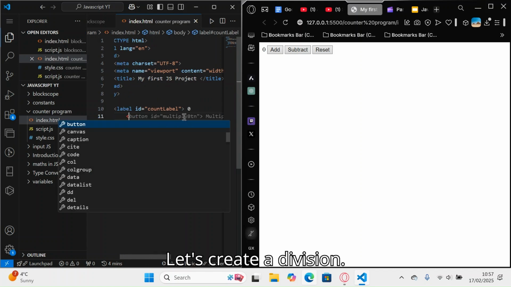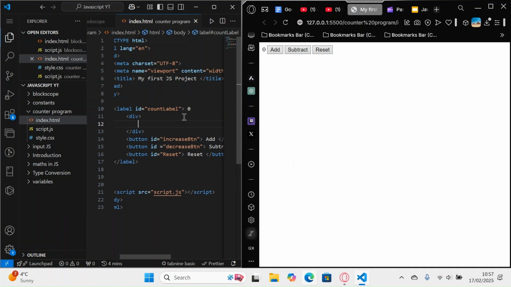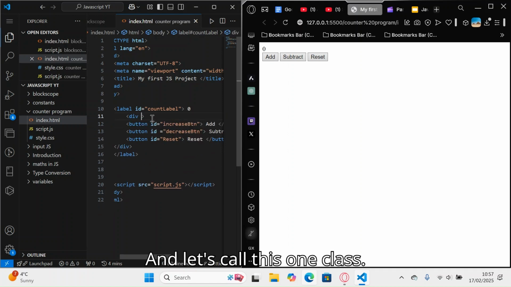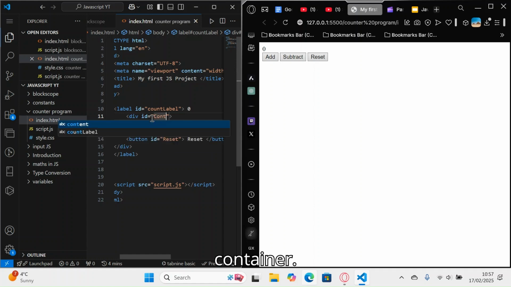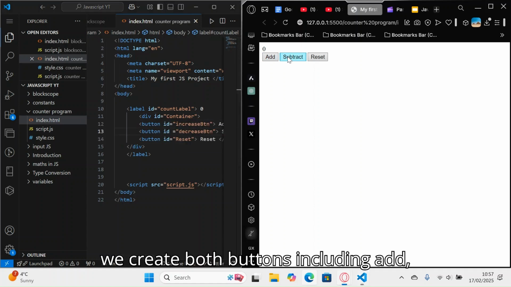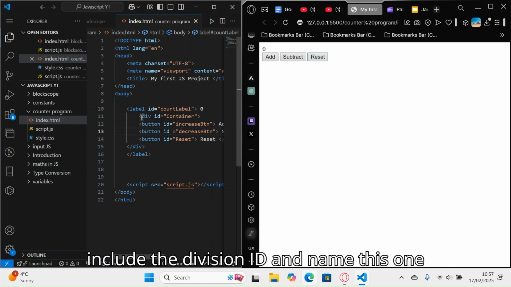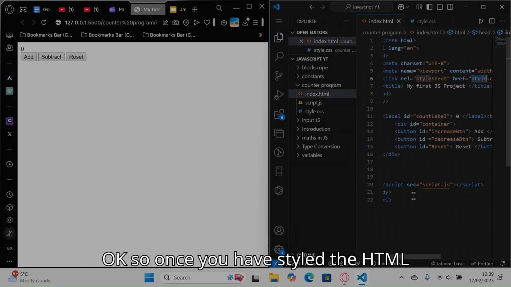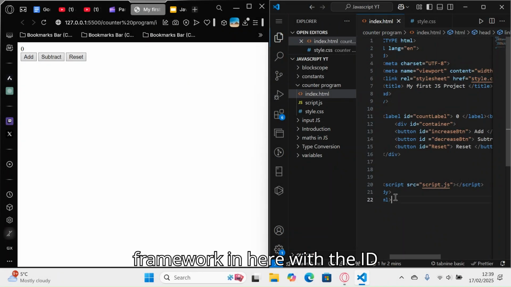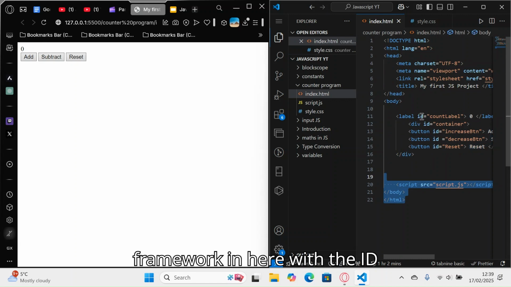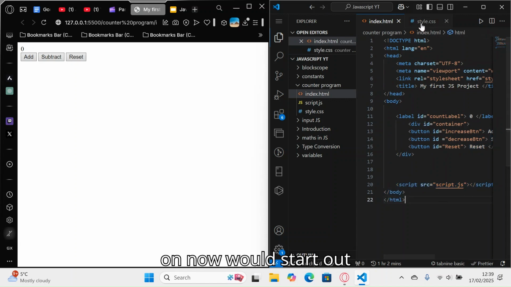So in here, let's create a div in between the divs. And then let's call this one class, let's call this one as ID container. Now we create both buttons, including the add, subtract, and reset, and we include the div ID and name this one container. Okay, so once you have styled the HTML framework in here with the ID on, now we'll style out the CSS,